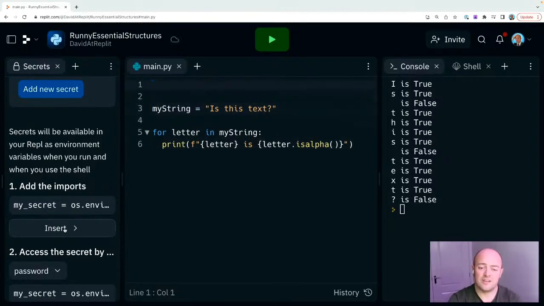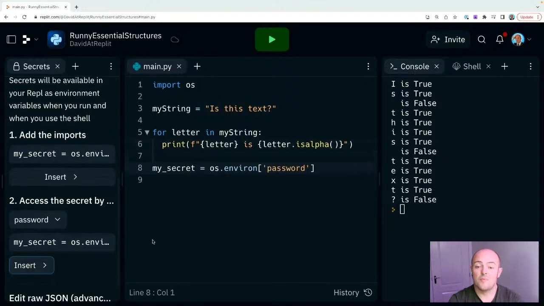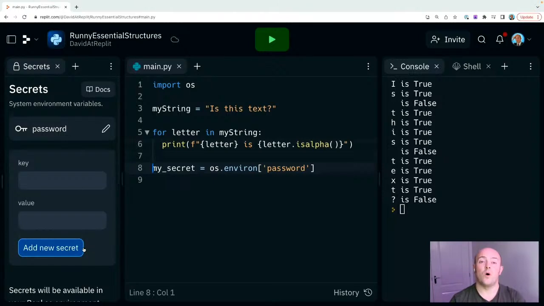I don't need to remember a bunch of stuff, because I add the imports. I can bring in the secret without having to remember a bunch of code. This is one of my favorite things in Replit: the ability to store environmental variables and secrets, things that you wouldn't want going at your source code, in a slightly different place in an easy to access manner, and not even having to remember all the code in all the different programming languages to access those environmental variables. To me, that is absolute magic. And it's one of the things I love about Replit.